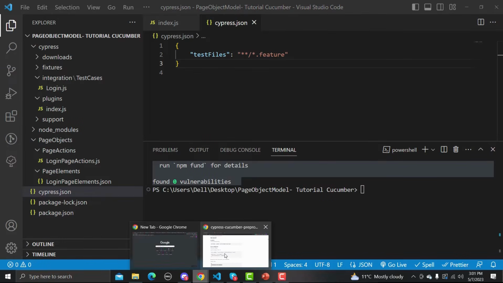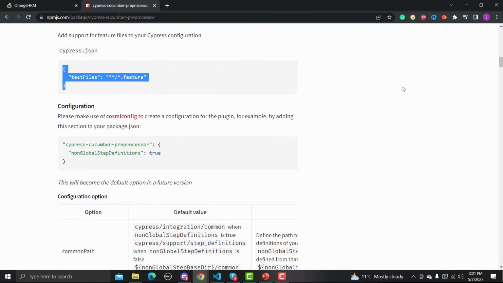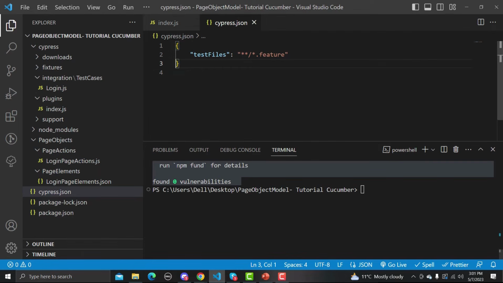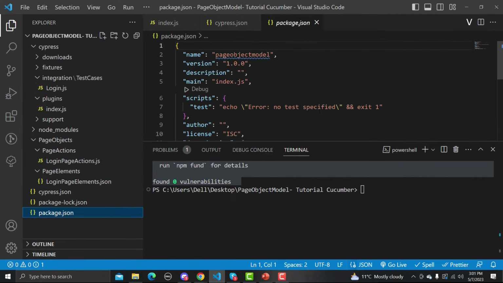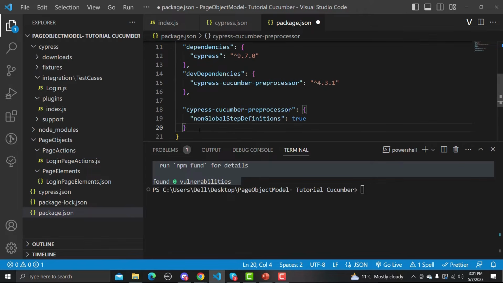And now let's go back here and see what additional configurations we need to do. So we need to add this one in our package.json file. So let's copy this one and go back here and go to package.json, and here we need to add this one. So we are done with our configurations.